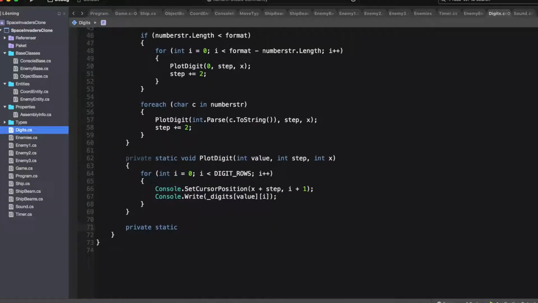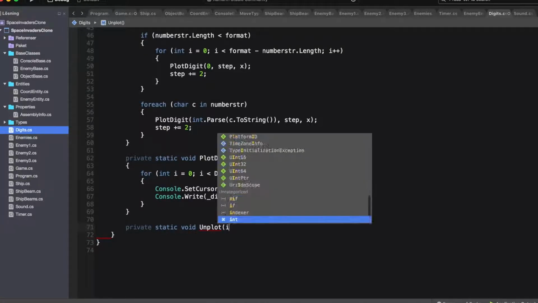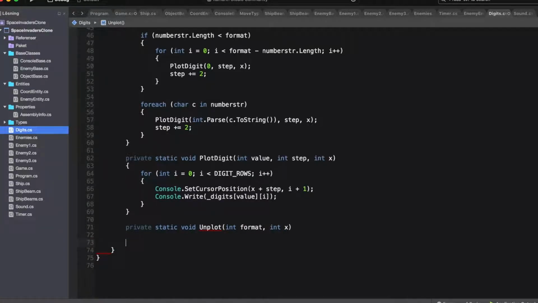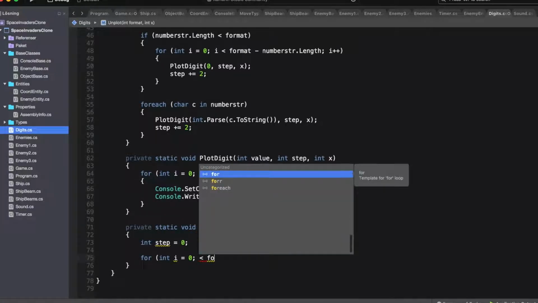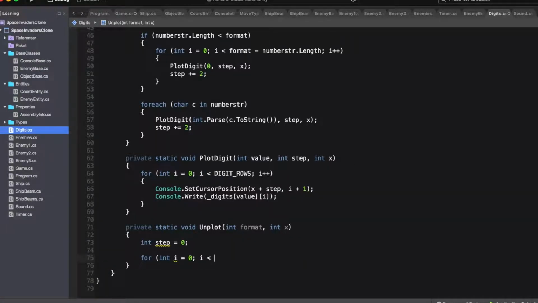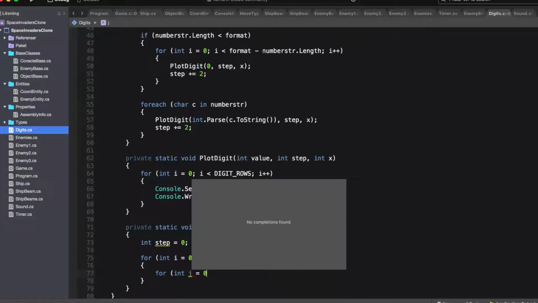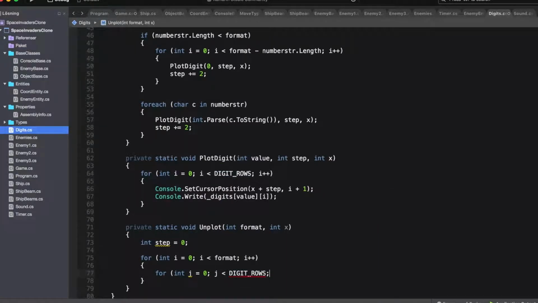Let's continue. So back in the digits class, let's create an unplot function. We need a private static void unplot that takes the format and the x position. We need a step variable, initially set to 0, and then we loop over the format while i is less than the format. Then we create another loop, and we loop over the digits that we have,